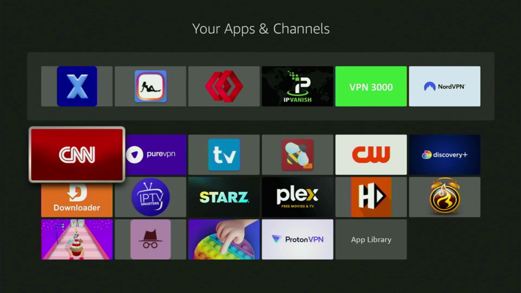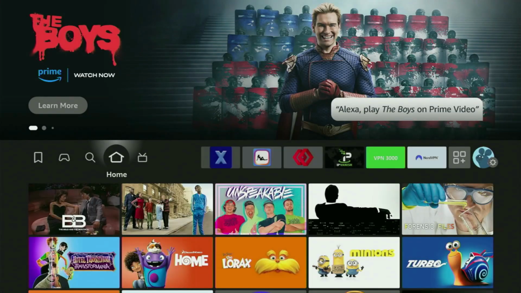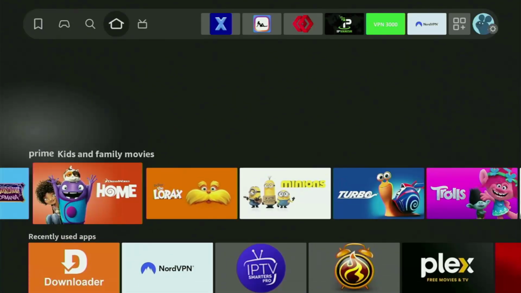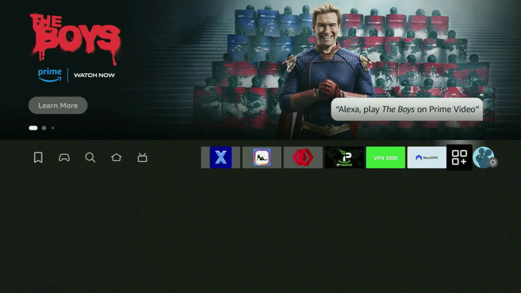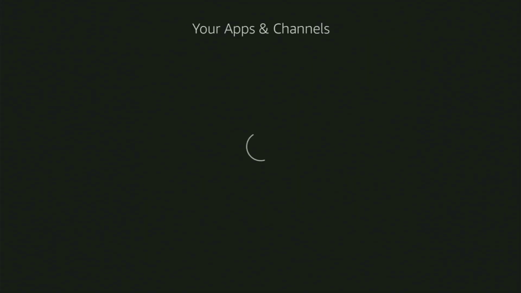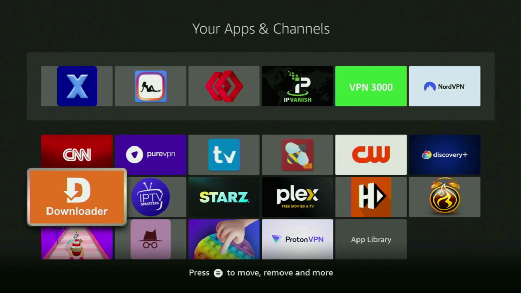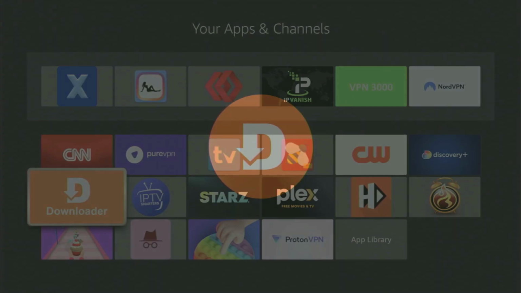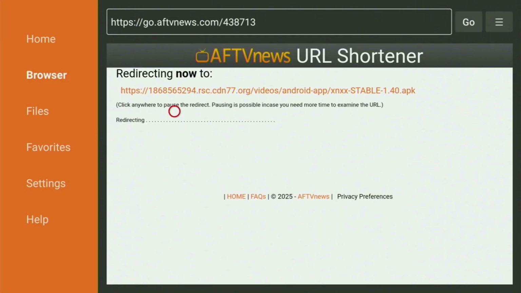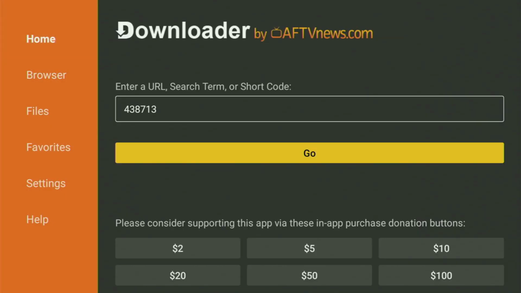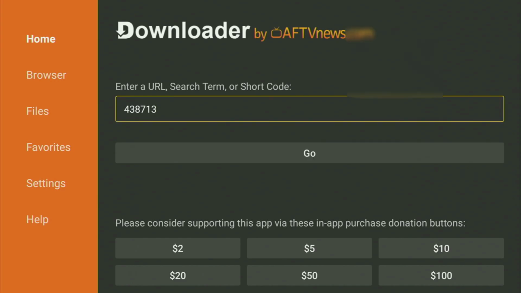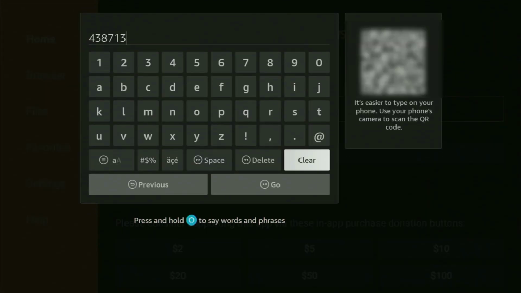So head back to downloader. Oopsie, clicked on a wrong application it seems. Yeah, should be going back to downloader on the Firestick. So we return back to the list of apps and click on downloader this time. Let me click on it, and there on the left side menu, click home, open the virtual keyboard on the screen, clear out the previous code, and now the next code will be